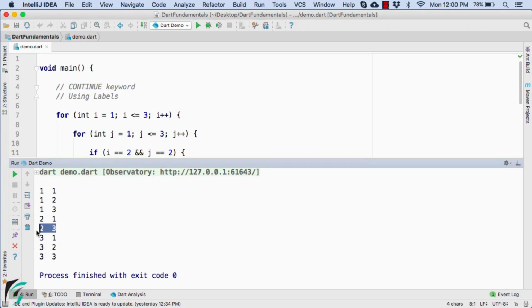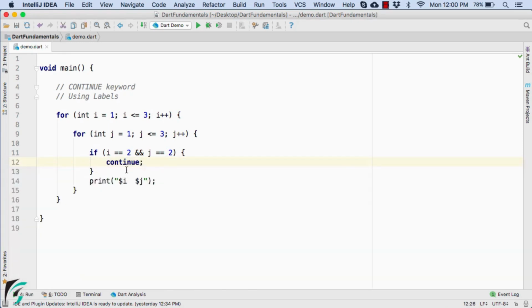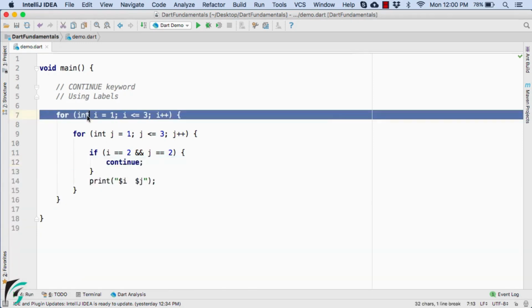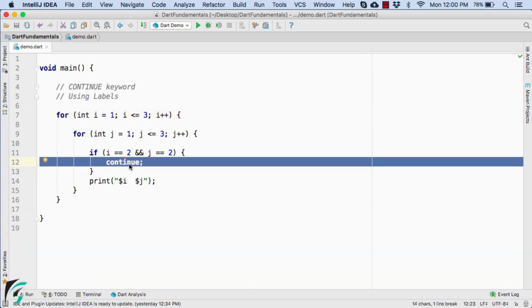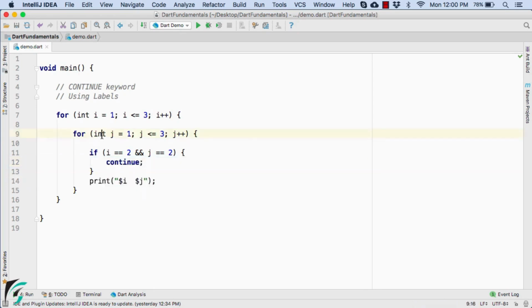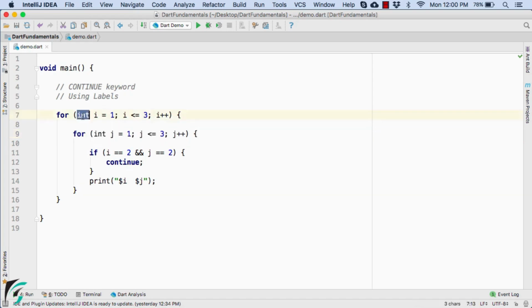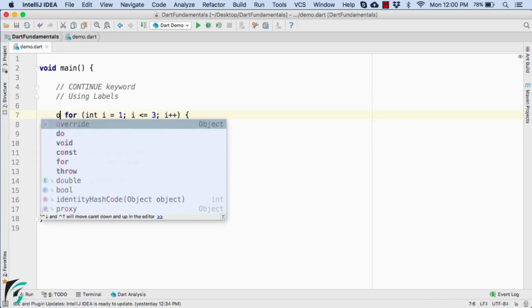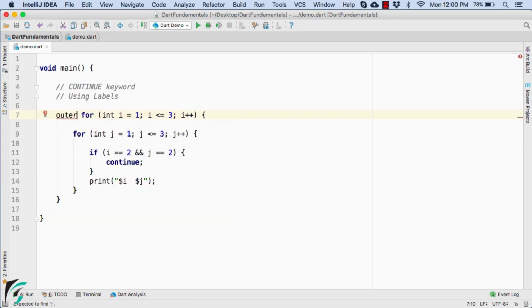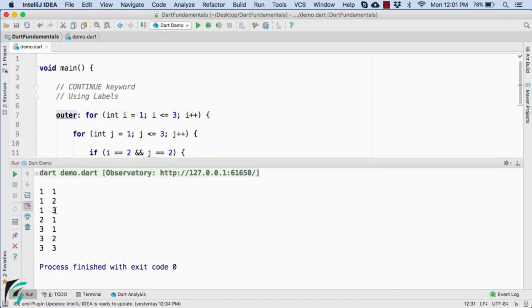For that we actually have to use the continue keyword for the outermost loop. That is, currently using the continue keyword only, we are just skipping the print statement for this inner loop, that is the nearest parent loop. But we want to skip the code for this outer loop as well. So for that, let us use labels in Dart, such that let us use outer, which will be the name for the outer loop, and use the colon. Perfect. So after continue, use outer. And now launch the application and there we go, after 2 1 we are straight away getting 3 1,